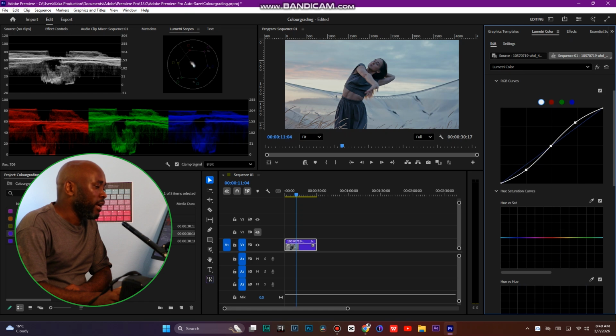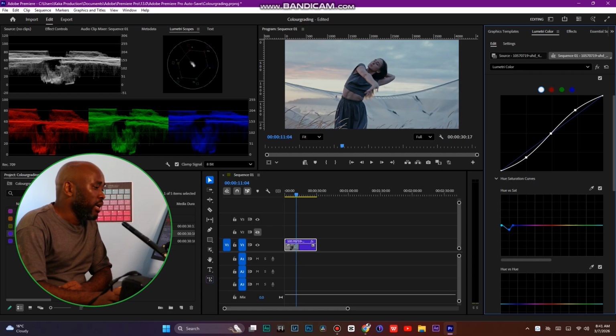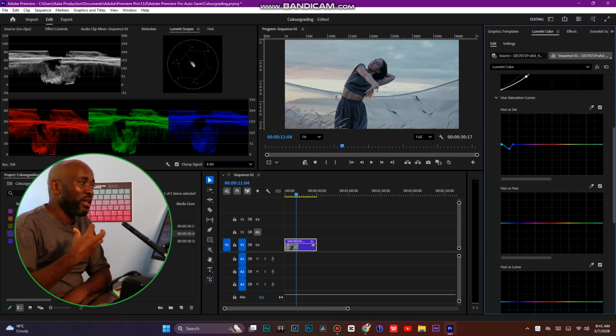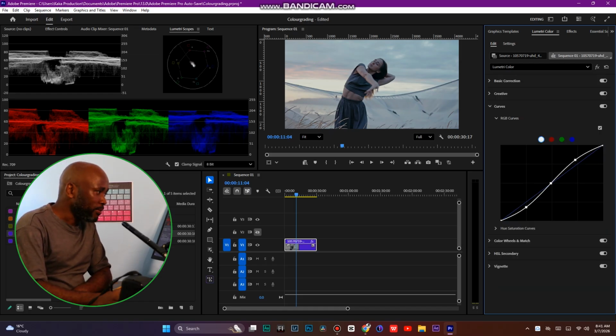So then I can just touch the hue saturation curve to understand what the hue saturation curve is. I can pick, maybe this is a color picker. I can pick anything here, like this gray area, and then I'll maybe reduce it a little bit, right? Then hue versus hue, and then we have hue versus luma, but all this we'll cover in my lessons, right? So that's great. Be careful, finish, and then I'll go to